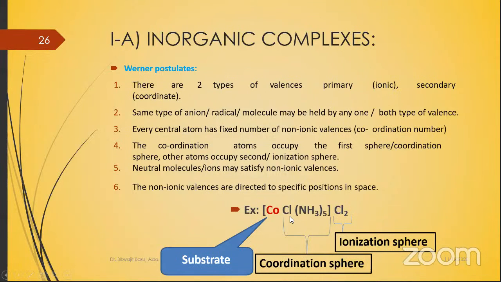Where chlorine is present, the chlorine which is present in the coordination sphere cannot be precipitated by silver nitrate. Okay, and the bond present between cobalt and the coordination sphere, that means between the substrate and ligand, that bond is known as